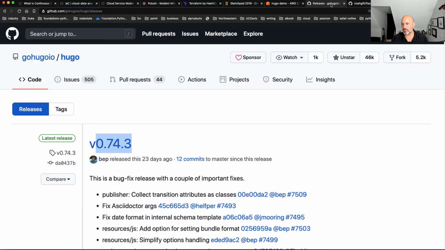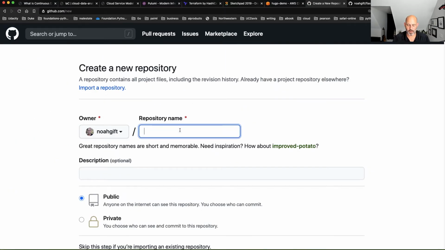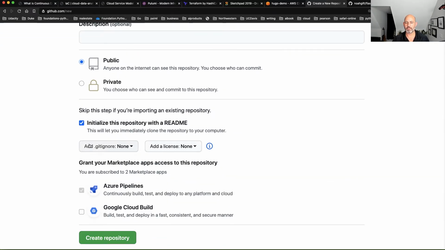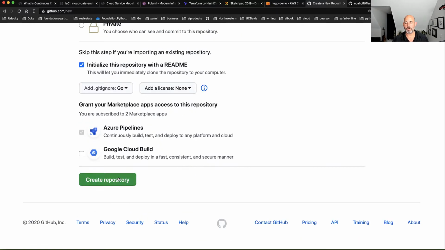So I'm going to go to my GitHub, and I'm going to create a new repo. Let's go through here, and we'll just say cd-hugo, continuous delivery Hugo, right? And I'll say initialize README. Maybe I'll say Go. I want to ignore any Go files, and I'll say create license. Perfect.